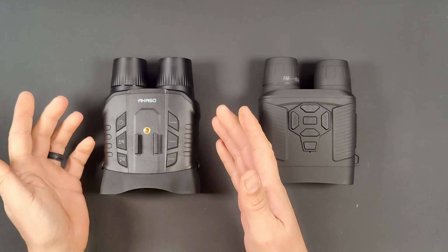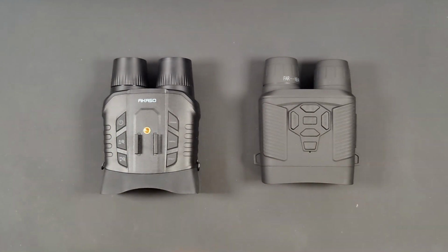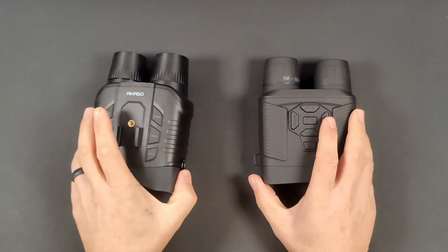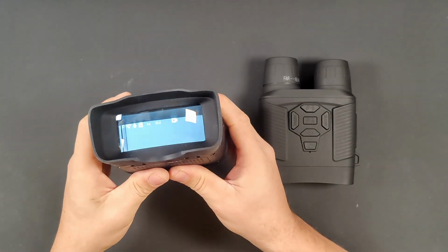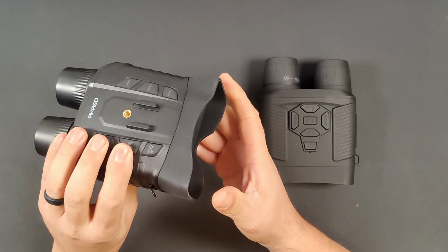So let's get outside, let's see what they look like, what they're capable of, and then we can see exactly how well that full color AI enhanced night vision actually works. So guys, let's get outside and do this. All right guys, so we're outside right now with the Akaso Seemor 200, and I'm just showing you guys now